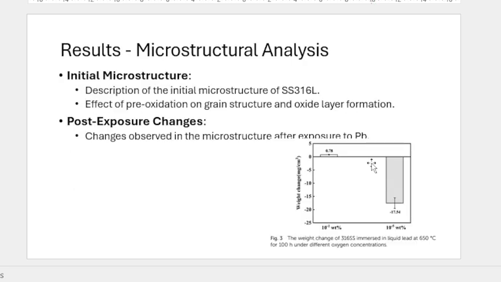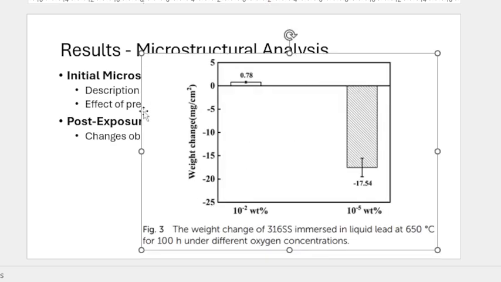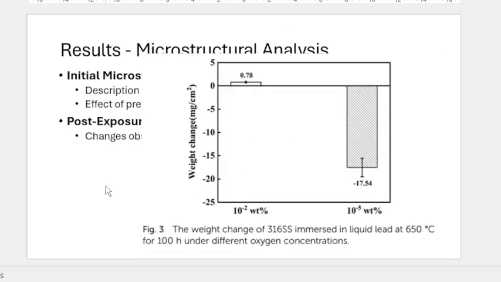As for the result, microstructural analysis, initial microstructure, the description of the microstructure of SS316, and it shows here, as we can see, here figure 3, the weight change of 316 immersed in liquid lead at 650 degrees C